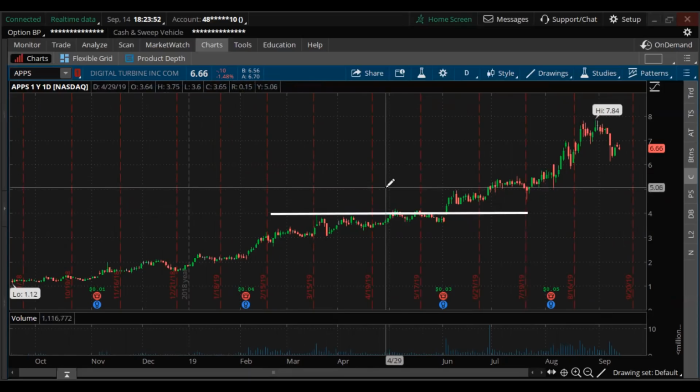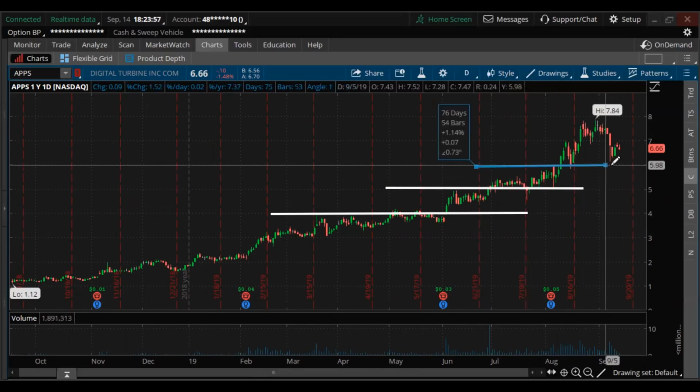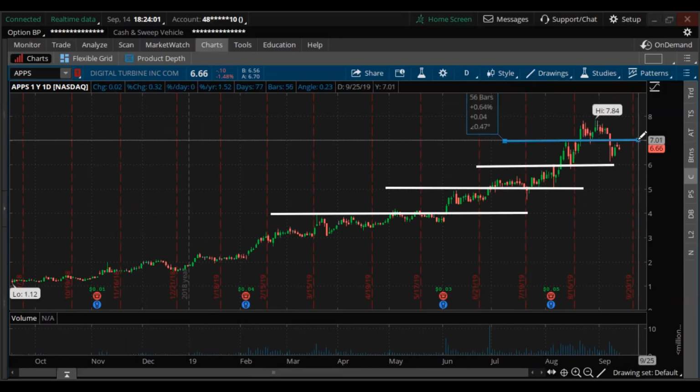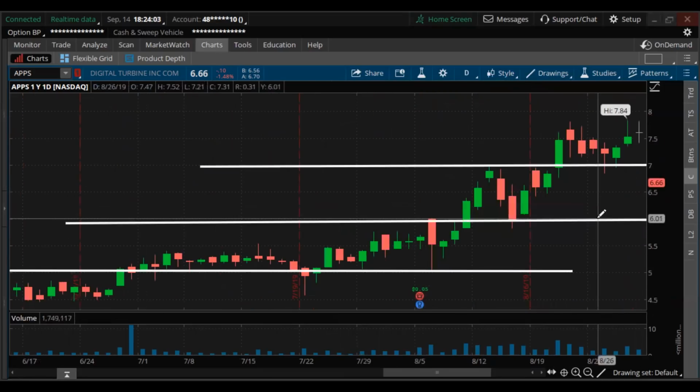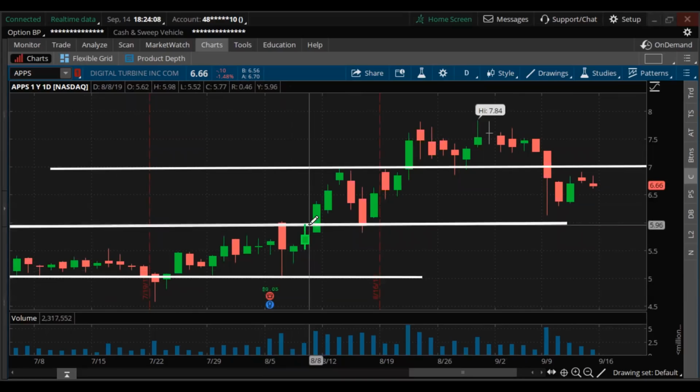And you can see that if you start drawing psychological points on your chart, you can see how stocks just like to react to those. Almost, it gets kind of scary as you look at the trades. So especially as this stock is spiking up and as it breaks above, let's say from 5 to 6,